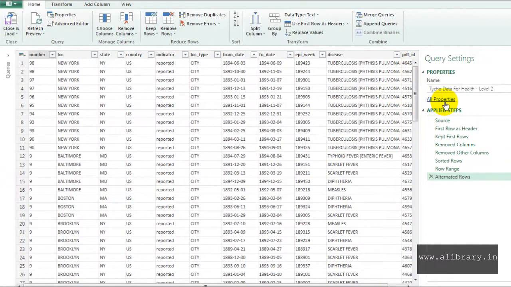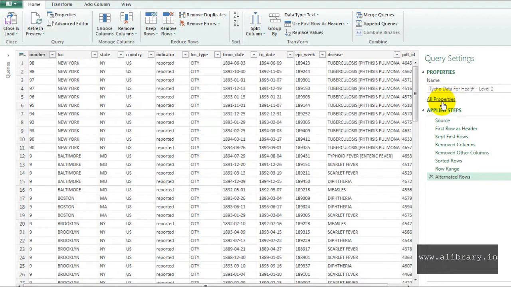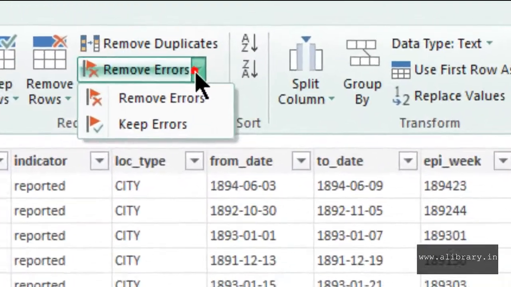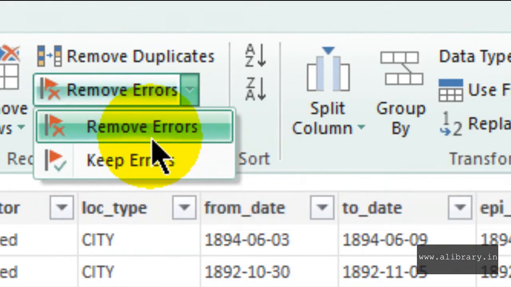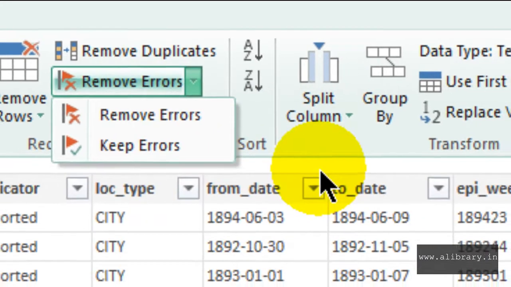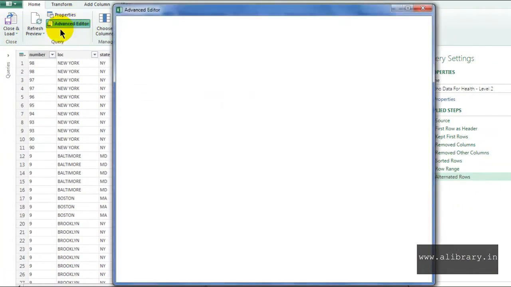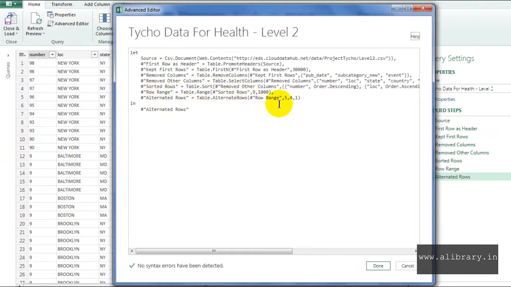So you can either go to all properties and see your description, or this property would help you. When you click on properties, you'll see the name and the description, same as over here. And refresh, and yeah, if you have any errors in your record, you can just directly click on this to remove the errors, or if you still want to keep them, you can click on keep errors. Okay, so I think I've covered this part. This part is the advanced editor. It'll just show you different properties, but I don't think that's important. It just checks for the syntax,